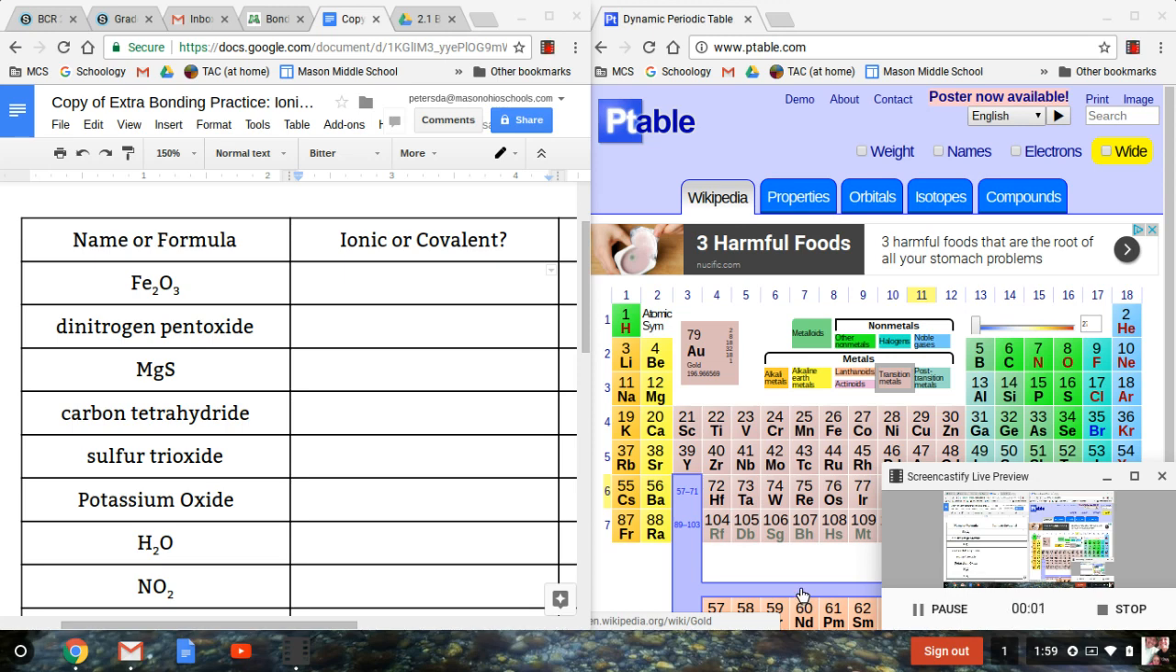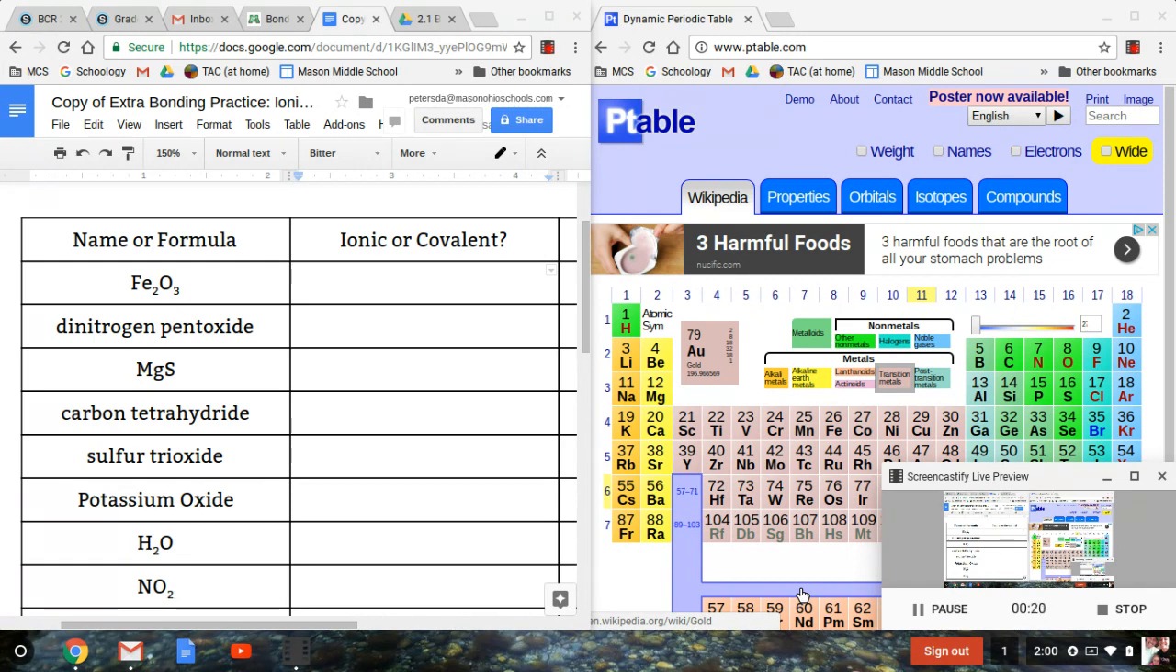We're going to do a quick recap of covalent versus ionic and practice identifying if it's covalent or if it's ionic using formulas or names. So first thing to recap: